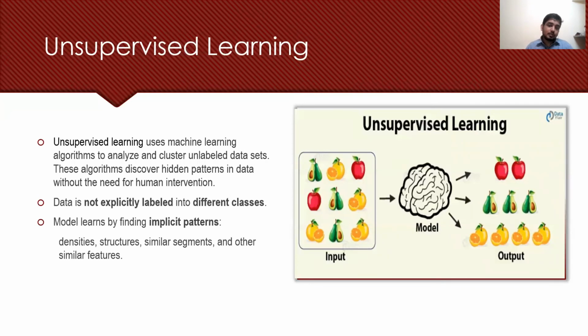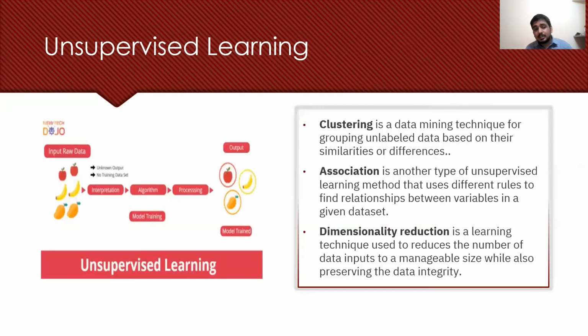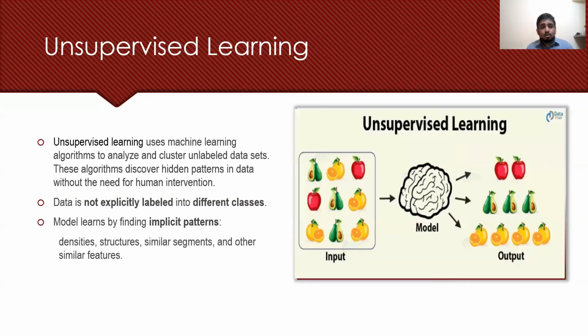Now let's go to unsupervised learning. Unsupervised learning uses machine learning algorithms to analyze and cluster unlabeled data. It's similar to classification, but clustering is something different. Clustering is giving them new labels, say cluster ID. We don't say labels here because there is no label in unsupervised learning. We say cluster ID. So this algorithm, in general, finds patterns and uses these patterns to predict some cluster ID.